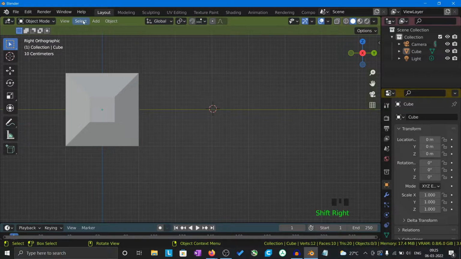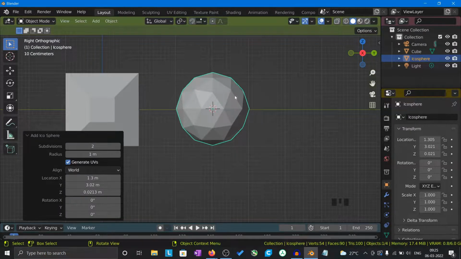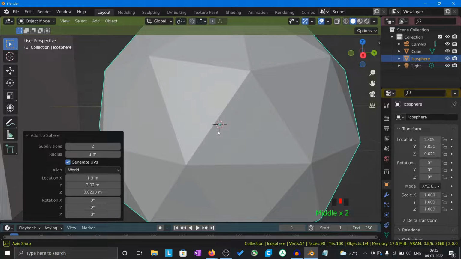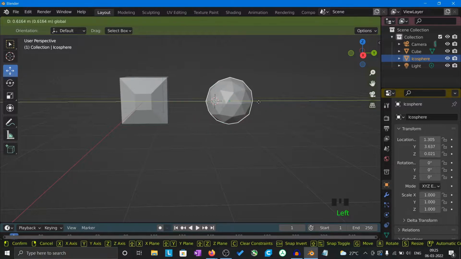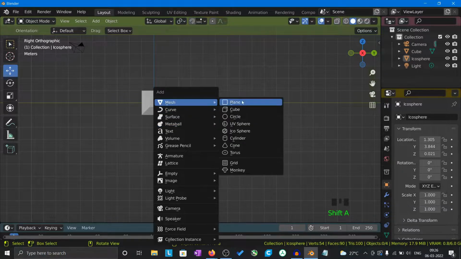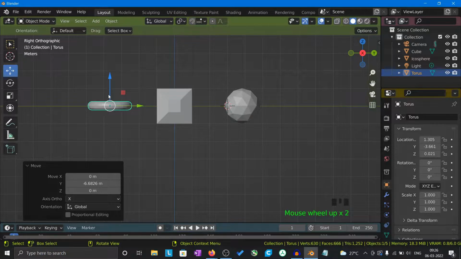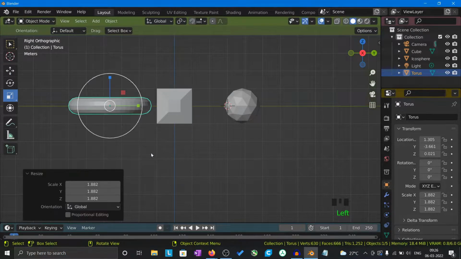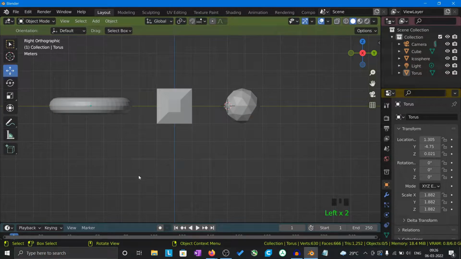some more objects. Shift A for adding an object, and let's add an icosphere, because this has more sharp edges than the UV sphere, so it will be helpful to understand how it works. Okay, this is fine. Let's add a torus. Okay, let's make it bigger and move it a little bit. So we will see how knife project works on these three different objects, which have different sets of surfaces. Okay, so to see how it works, let's add a